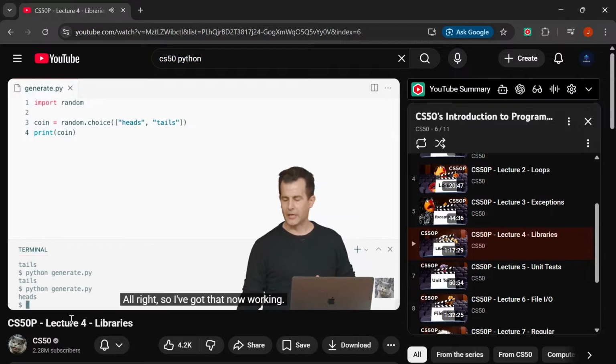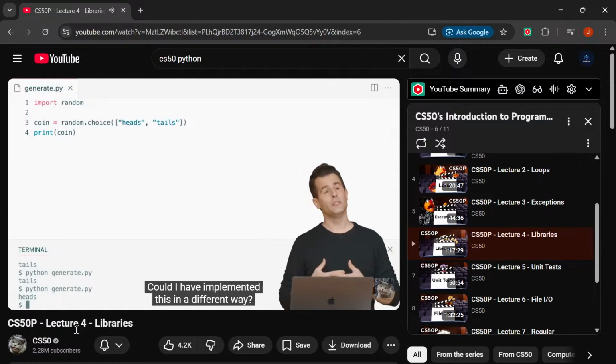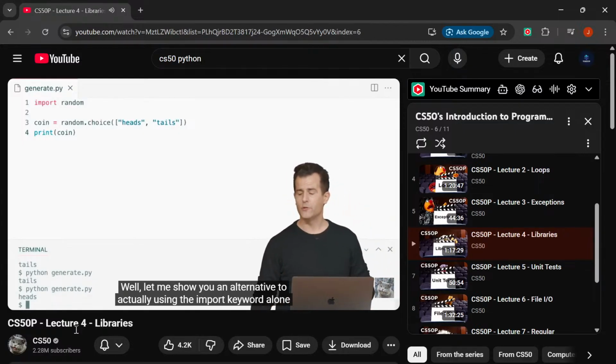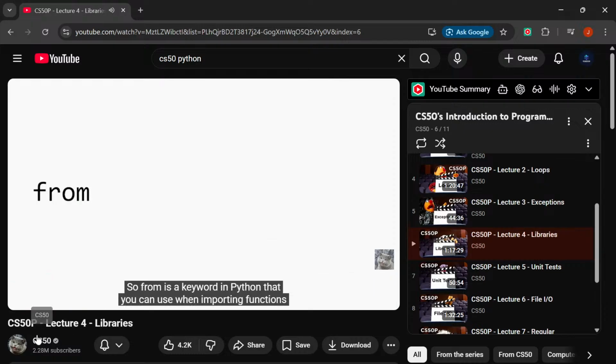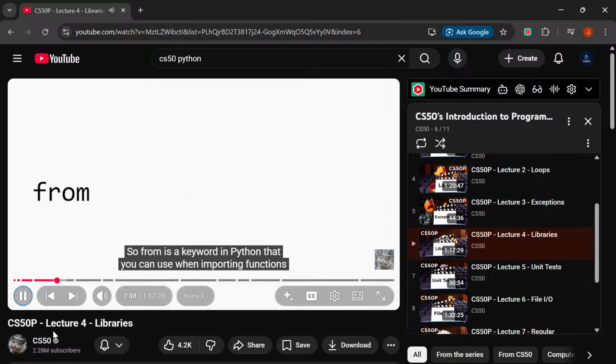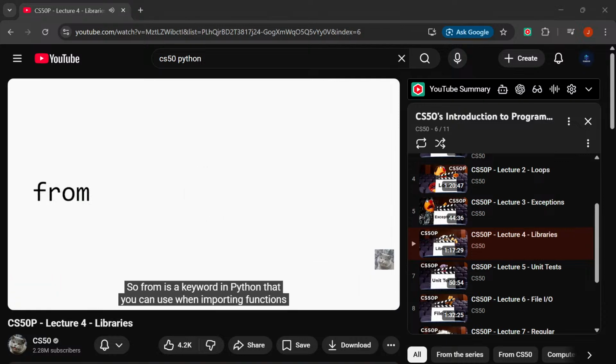I've got that now working. Could I have implemented this in a different way? Well, let me show you an alternative. Now he will use from. He used the random library in a different form. From is a keyword in Python that you can use when importing functions from a module, but it allows you to be a little more